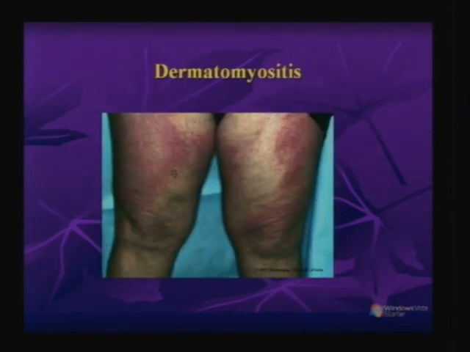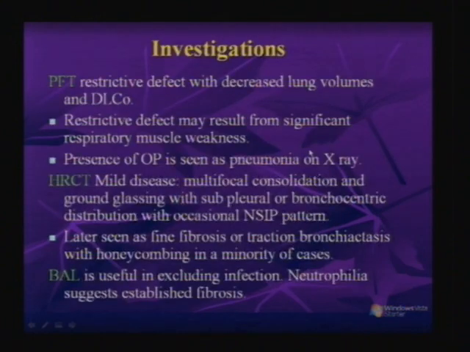Now, here is a photograph of a patient. You can see very well the presence of the inflammatory polymyositis. It's the red color of the muscles on the thigh. This is also typically associated. Dermatomyositis is a heliotropic rash, that is a dark discoloration around the eyes. On investigations, on PFT, again it shows a restrictive defect with decreased lung volumes and DLCO. The restrictive defect